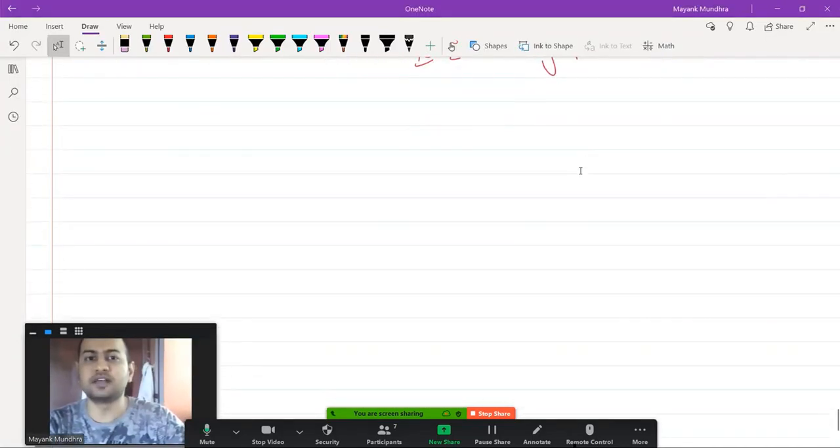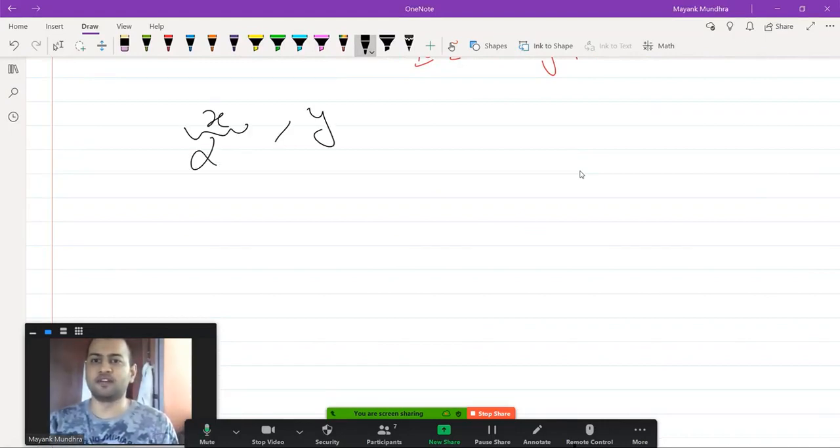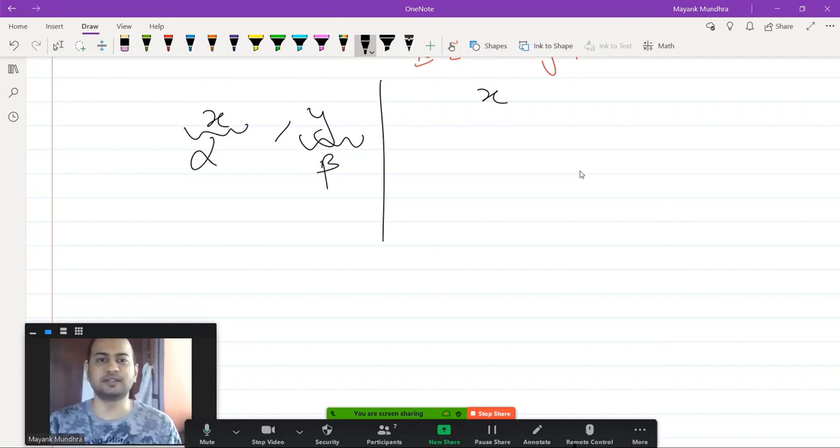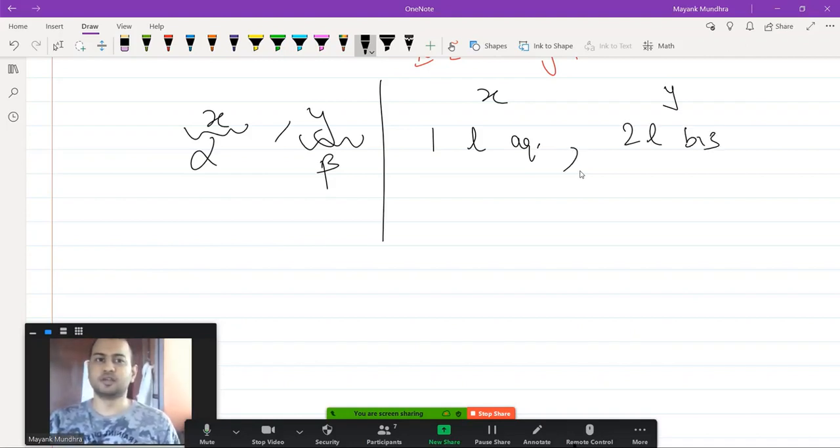Okay, so for example, suppose there are goods x and y. I give alpha weight to good x and beta weight to good y. So what is the meaning of weight? Suppose good x is a 1 liter Aquafina bottle and good y is a 2 liter Bisleri bottle. In this situation, 1 unit of good y is twice as valuable as 1 unit of good x,